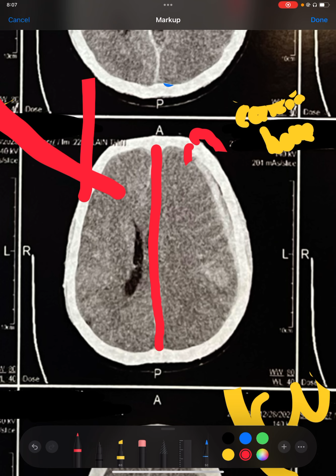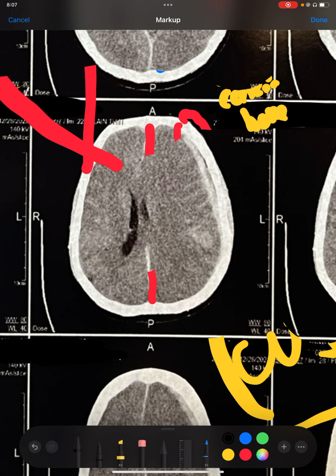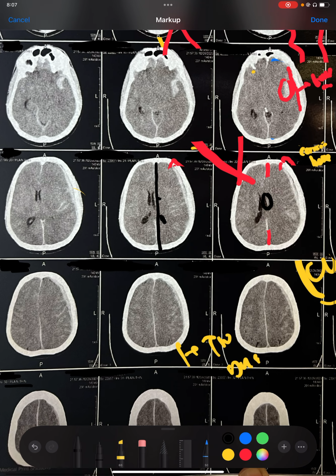So the left-sided ventricles, we are not able to visualize them very well. Here, the left-sided ventricle we are not able to visualize because it is all compressed because of the edema and subdural hemorrhage. So there is definitely shifting of the brain towards the right side. There is edema, and that is compressing the lateral ventricle significantly. So here also the lateral ventricle, the posterior horn is not visible, and this lateral ventricle has almost come to the right side of the brain.